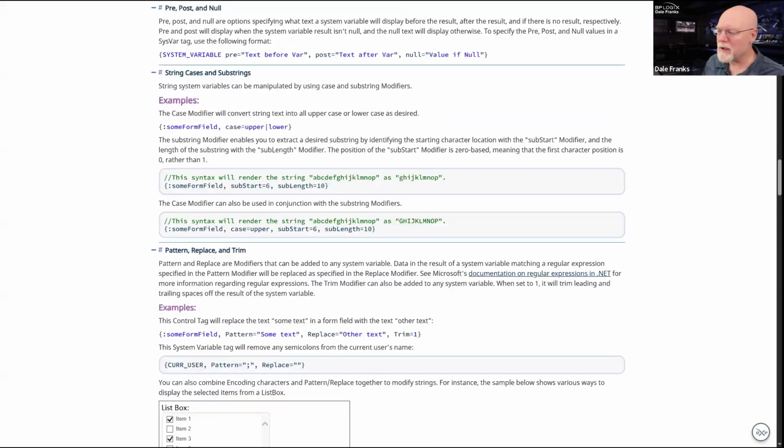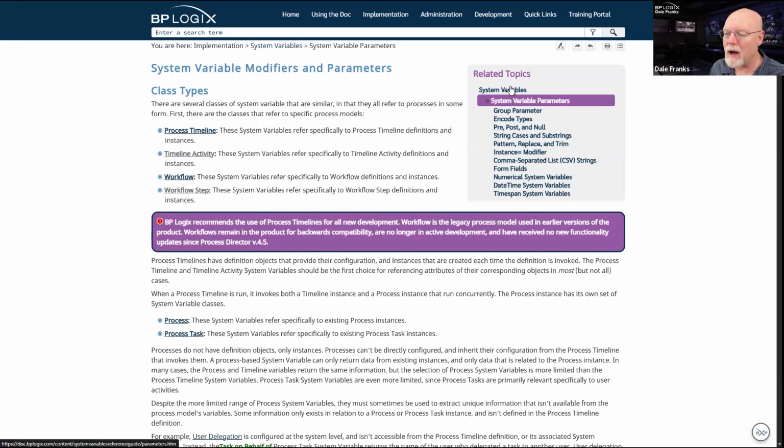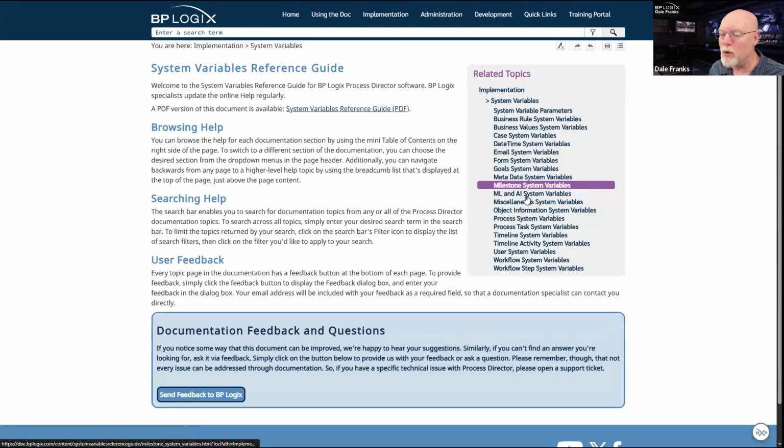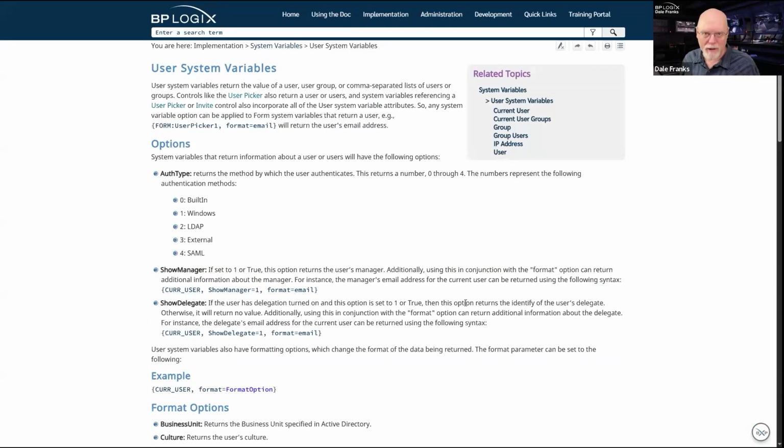Different types of system variables, as I said, have their own unique things. One of the unique system variable types is user system variables. So we often use common system variables like current user or email user to return a user from the Process Director system.